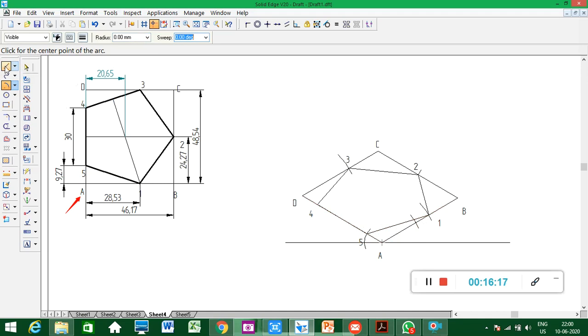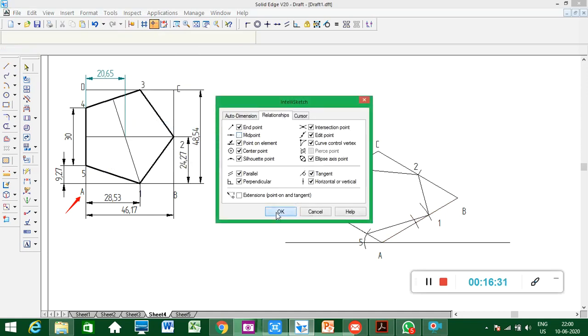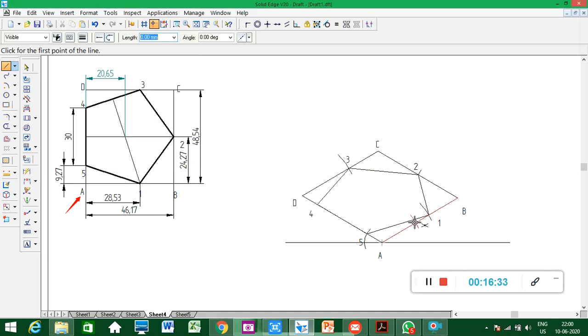So from this intersection point I'll take an intersection point, and for the time being I'll turn it off. Manually you can do this very easily. It is not necessary to get this point by arc, so I can draw a line parallel to this one. See, I'll choose the parallel symbol. I'll draw a line parallel to this one. So parallel means I'll draw a line here.